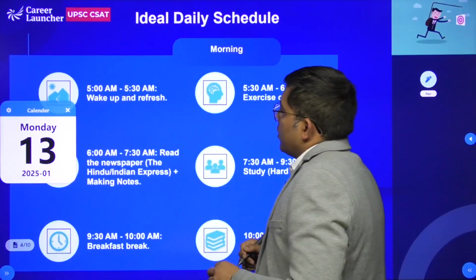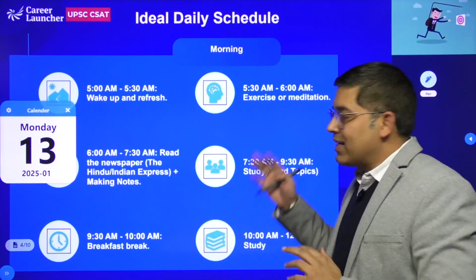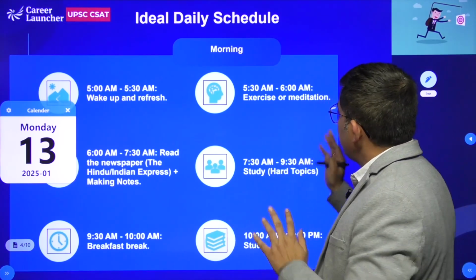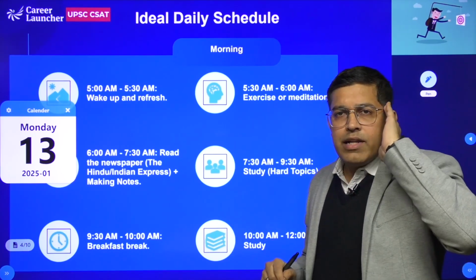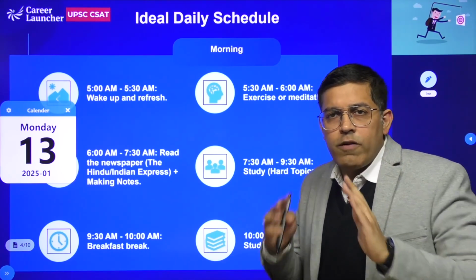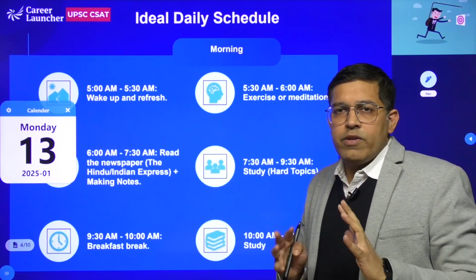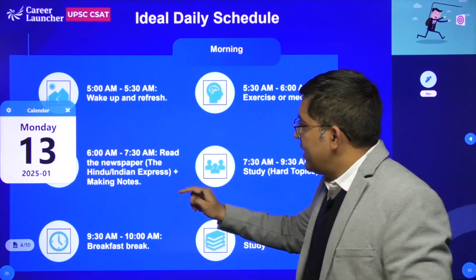Okay. So this particular student who is preparing for UPSC starts his day at 5 o'clock, with 30 minutes to wake up and refresh. Then after that, 30 minutes of exercise or meditation. Very important for your mental and physical wellbeing. You have a full day ahead, a grilling day ahead. It is very important to start the day with some kind of exercise or meditation. After that, 90 minutes